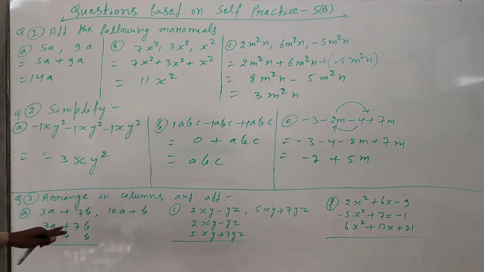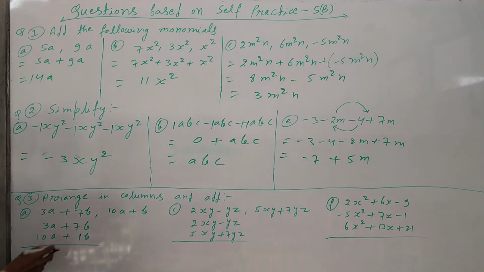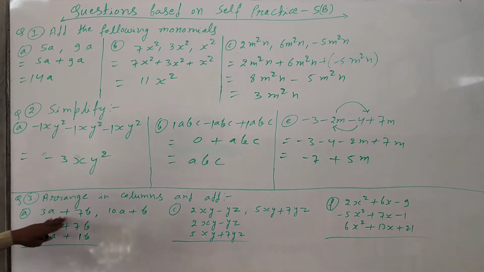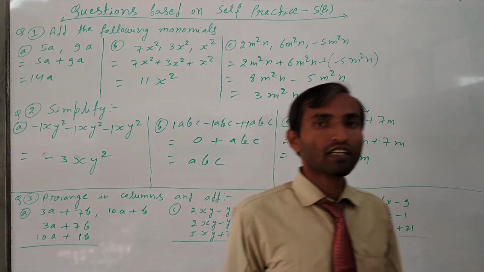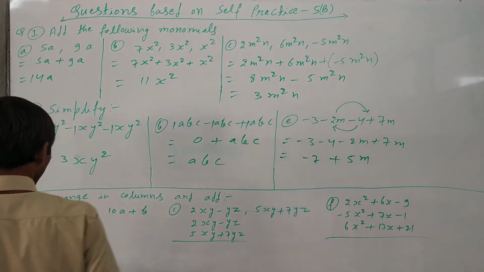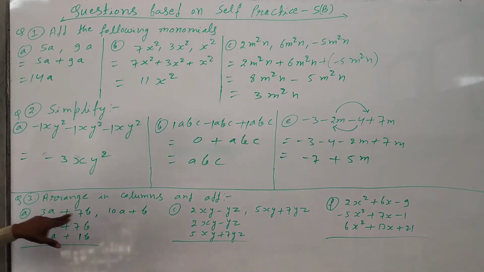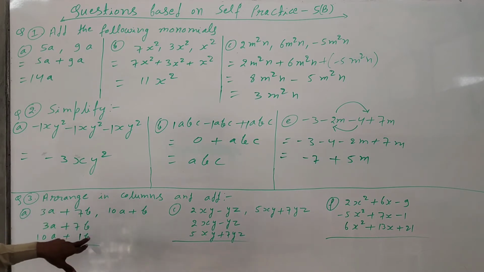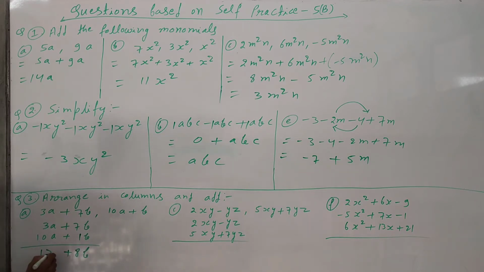Next one, we will do addition here. Nothing written means 1 here. Again, these types of questions are given, but I have arranged them like this. This is called the vertical method. It means we are arranging the algebraic expressions vertically. Two binomials are given; just 3a, then we have written 10a below. Next one 7b, then write 7b below. Means like terms will be at the same position. So now we will add here 7 plus 1, 8 becomes, and here plus sign, 3 plus 10, 13 becomes.